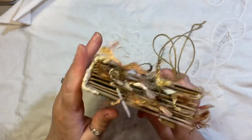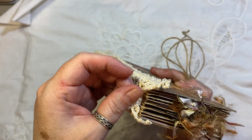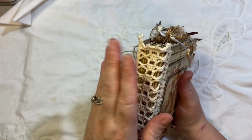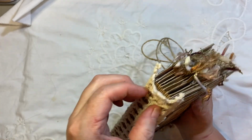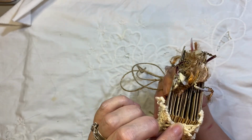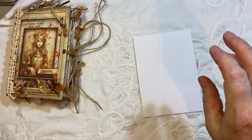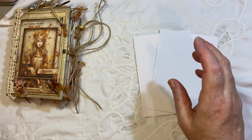Yeah, so I enjoyed that, and I enjoyed doing the construction. So you can see that there, how it is. And when I first put that together, that was quite thin. So it allows for expansion when you put things in the way that I've done it. So basically, I'm just going to show you very quickly how, well,